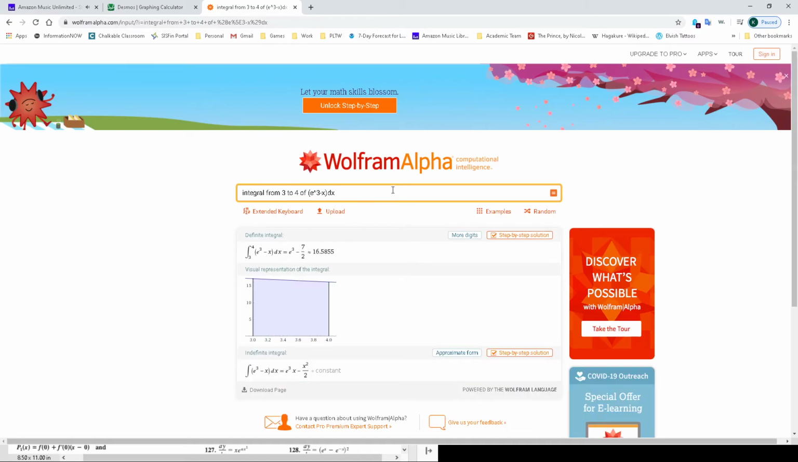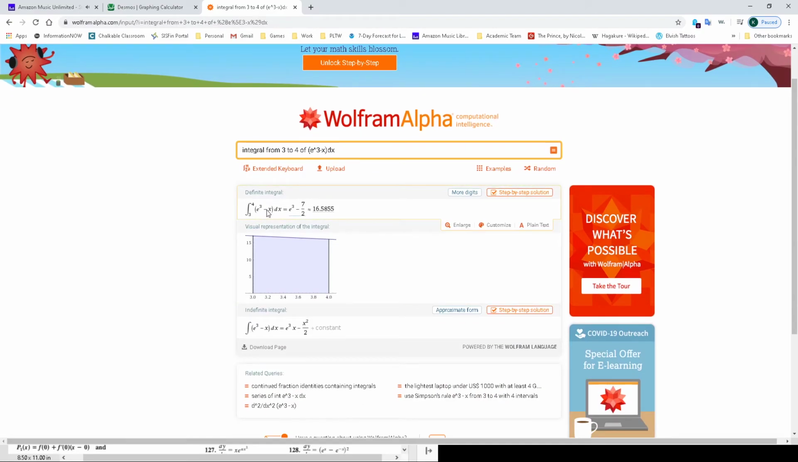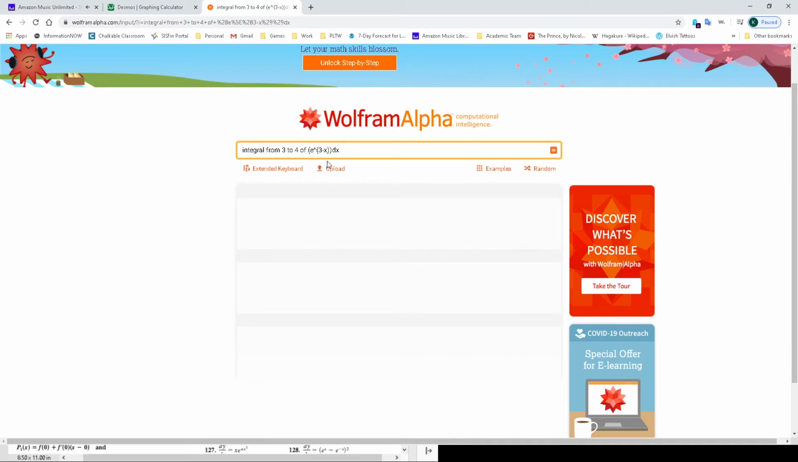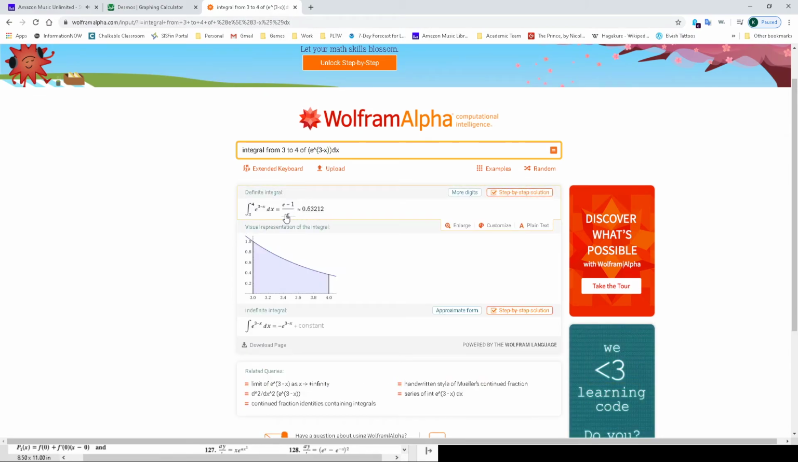It'll attempt to interpret what I've written. I make sure to always check what it says. Notice that I made a mistake. It has 3 minus x when I want both things in the power, so I just put parentheses around them. There we go. It tells me it is e minus 1 over e,